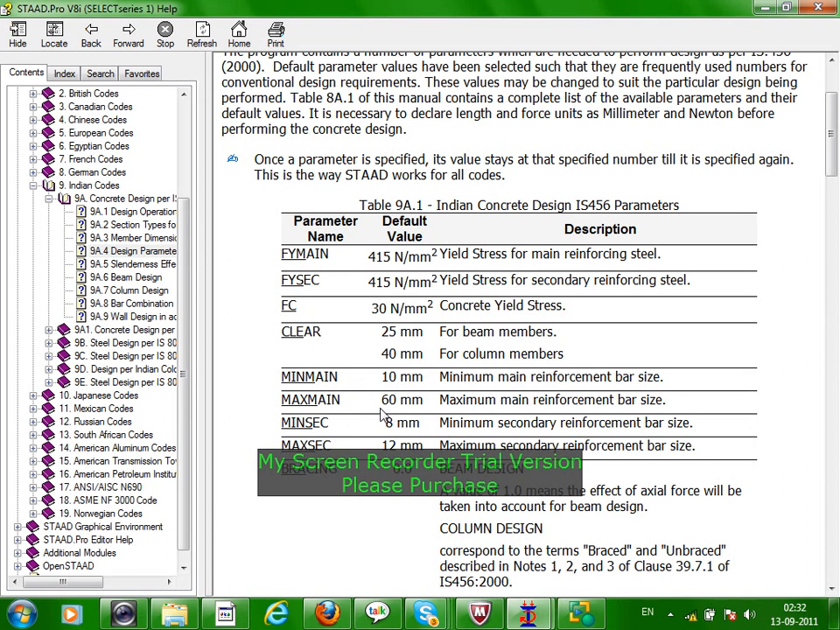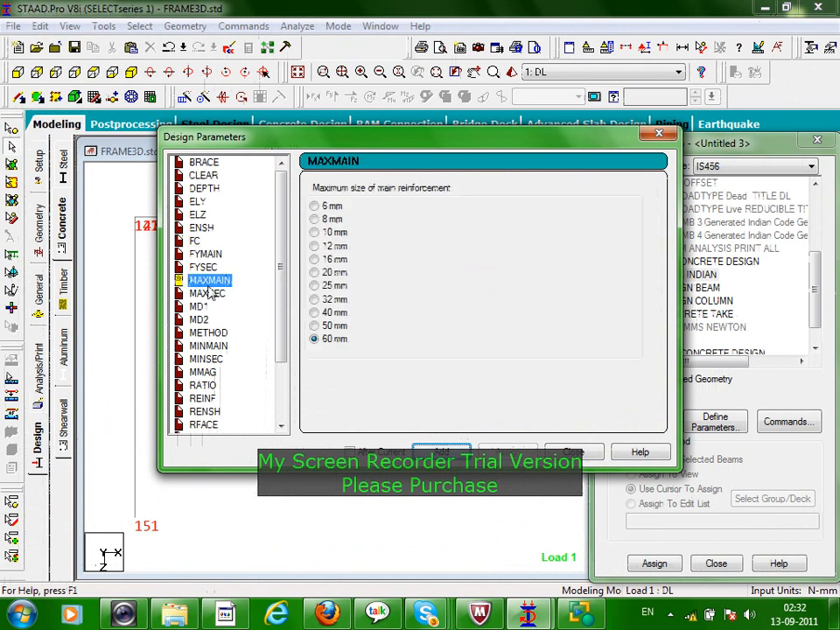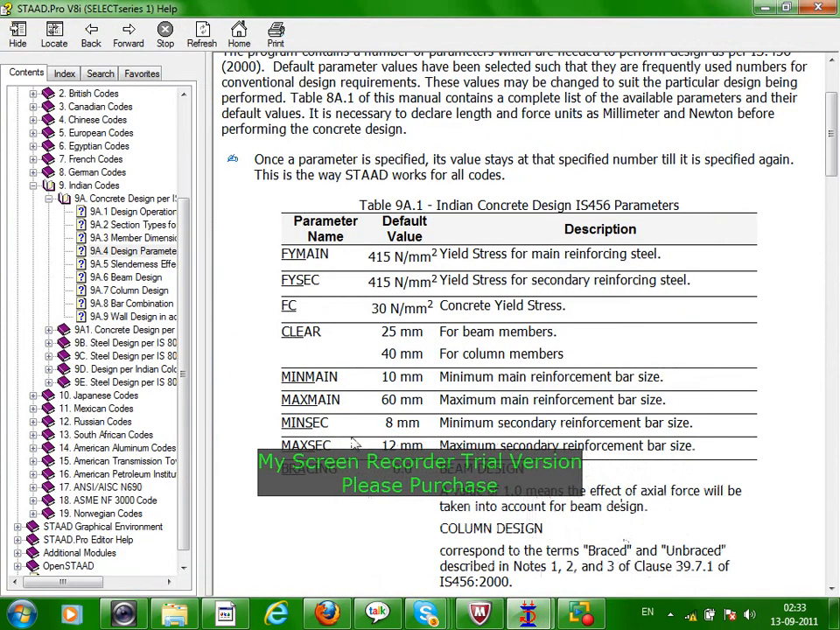So we have a problem. Even in India, bars are not available more than 32 mm. So we are changing maximum main; instead of 60, let's limit it to 25 mm. Maximum main is 25 mm. I am adding. Now I am going to this window. Next is minimum secondary, 8 mm. That's okay. Secondary means stirrups and